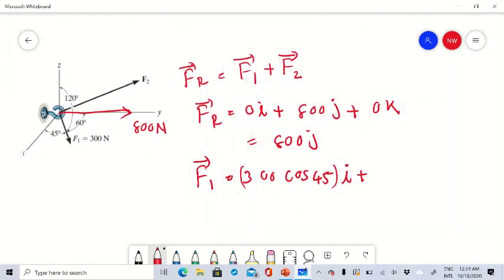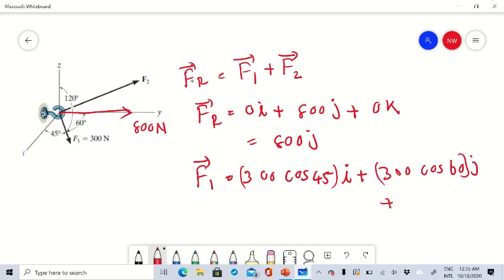Angle between the tail and the positive y direction is 60 degrees. So 300 cos 60 times j plus